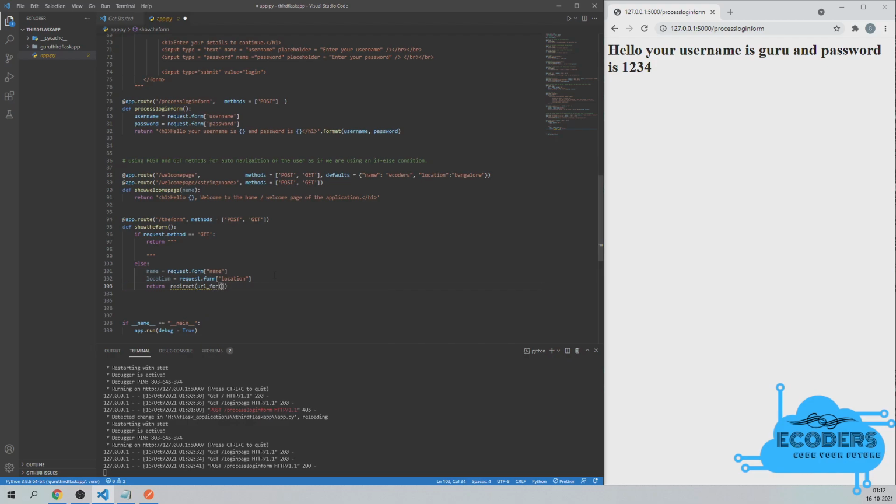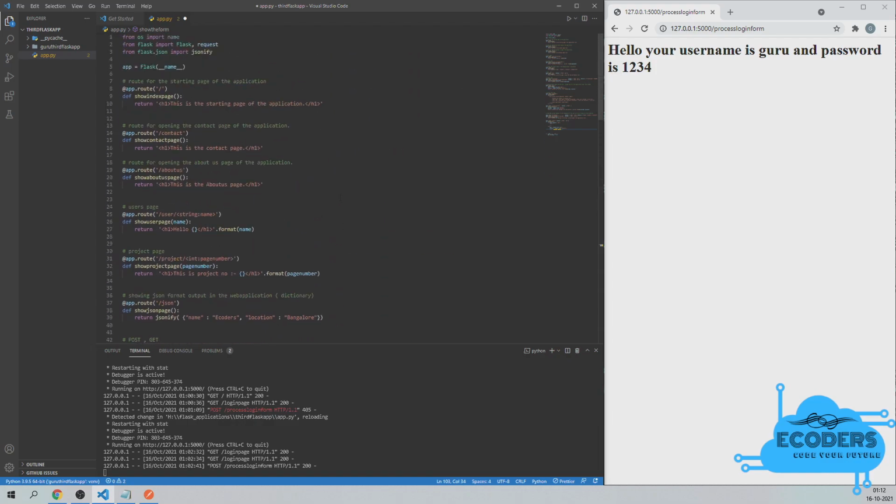Okay, these are the two inbuilt functions which you will be needing, and these two we are supposed to import at the top of the application. So let us go to the top and write those two here. See guys, we already have request, and along with request, you are going to mention that I need one more function, that is called url_for. So we have both our functions ready and they are successfully imported.